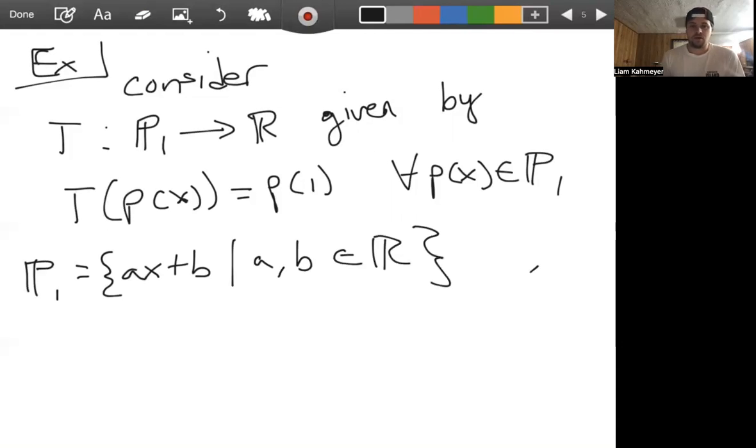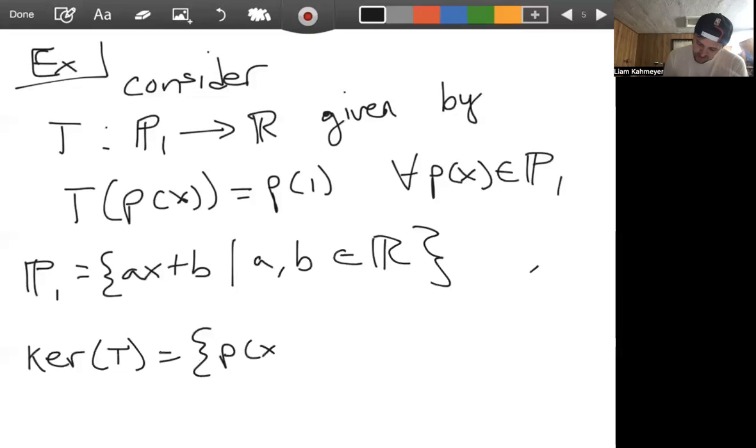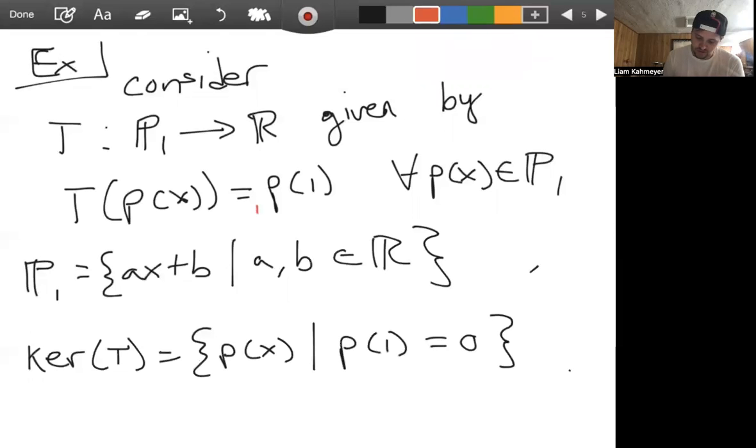Well, let's think about the kernel here. The kernel of T is going to be the set of polynomials P of X such that P of 1 equals 0, because the output of this transformation is P of 1, and so the kernel is going to be polynomials of degree at most 1 who have a root of 1. So what does this mean? This means polynomials AX plus B such that,